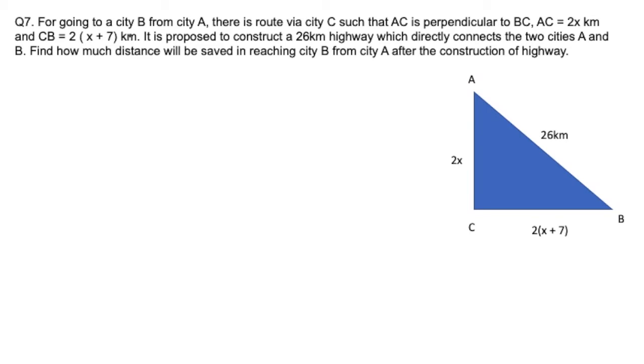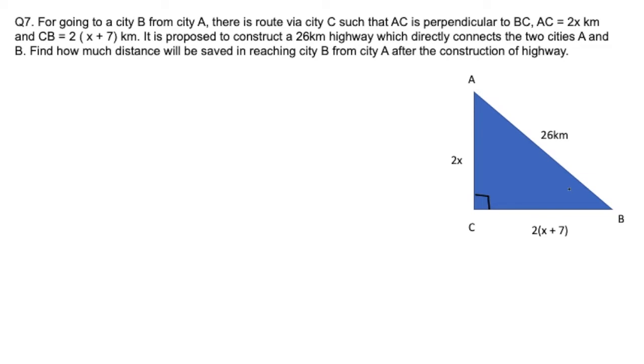For going to a city B from city A, there is a route via city C. तो अगर आपको city B से city A तक जाना है तो आपको via city C जाना पड़ेगा, जो कि AC और BC perpendicular given है. Perpendicular means the angle between them is 90 degree. AC की वैल्यू आपको गिवन है 2x किलोमीटर्स, और BC की वैल्यू आपको गिवन है 2 मल्टीप्लाइड बाय x प्लस 7 किलोमीटर्स. अगर हम डायरेक्टली A से B तक एक हाईवे बना देते हैं जिसकी लेंथ 26